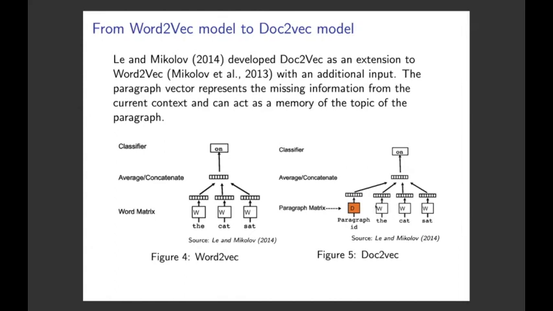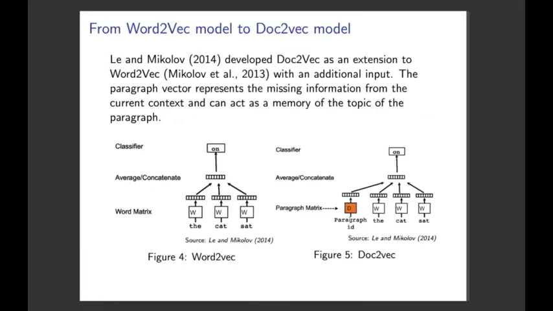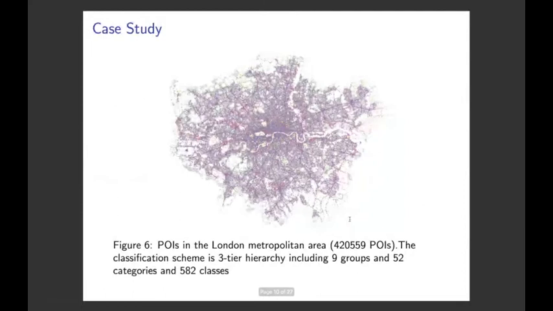So eventually, we not only have the vectors for the POI class, we can get a vector for each district in the cities, which includes the information of the urban function they use, and this is how the Doc2Vec works. So in our case study, we choose London metropolitan areas, and we got around